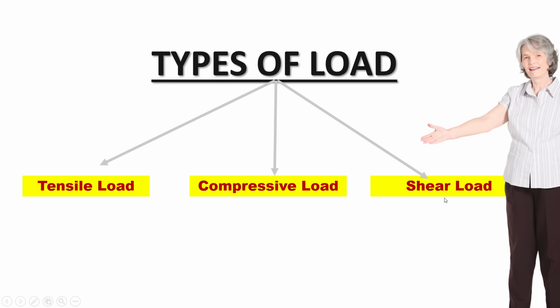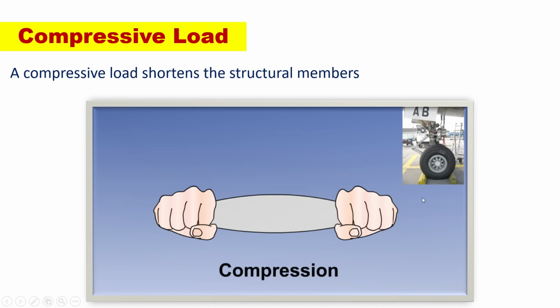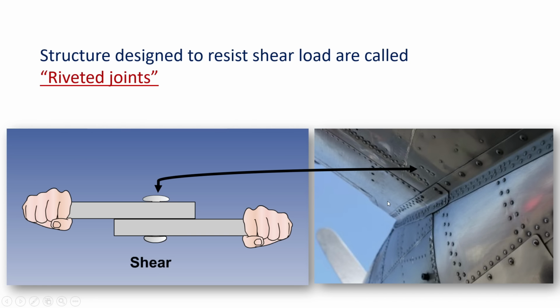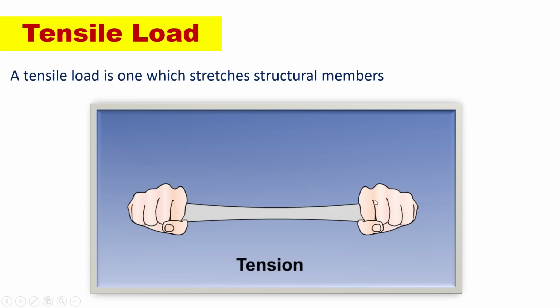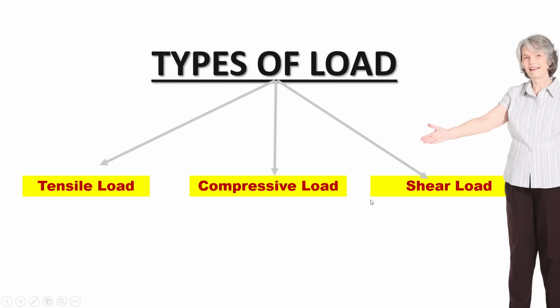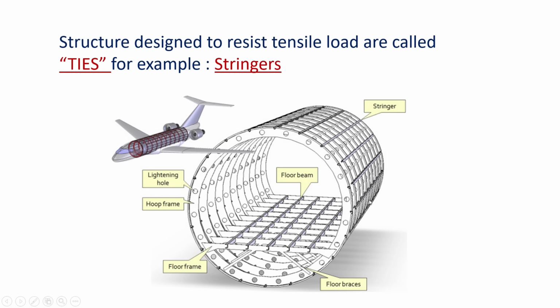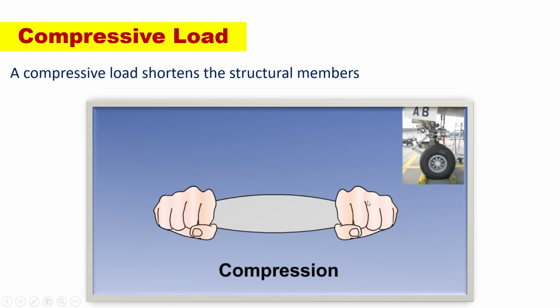over each other. And for an example of shear load, we don't really need one, but remember, what do we use to resist the shear load? It is riveted joints. And there is no such example for shear load, so don't worry about that, it's not that important too. Alright, so now when the aircraft flies,